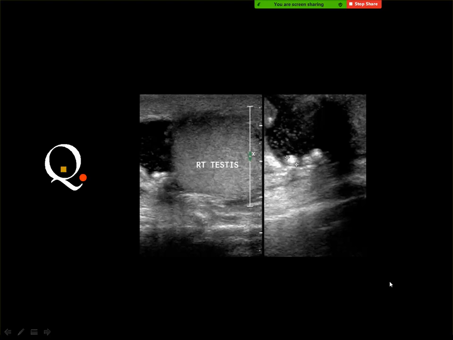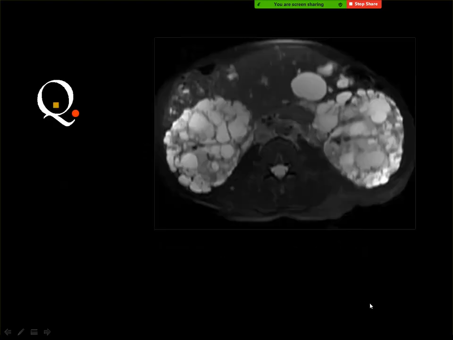Then what are the name of these stones or calcified shadows? Do you remember scrotolith? I have mentioned it in the lecture. You remember it? Yes. Okay. They can be single or maybe multiple, and they have the characters of calculi with echogenic appearance and the acoustic shadowing, posterior acoustic shadowing.